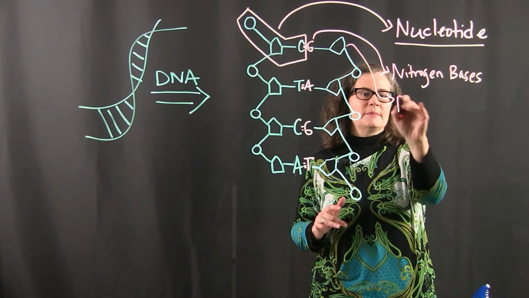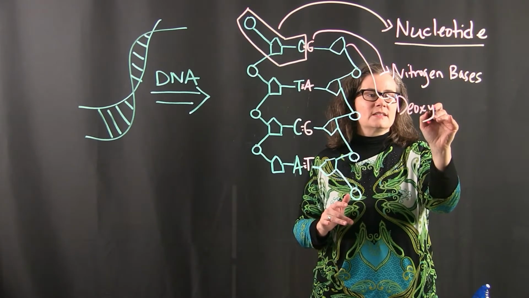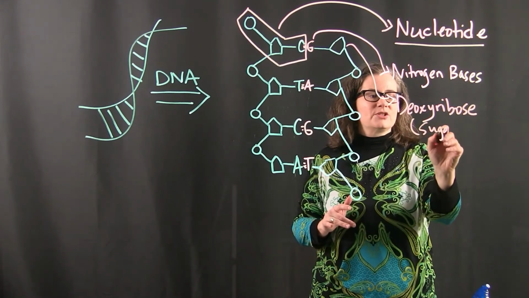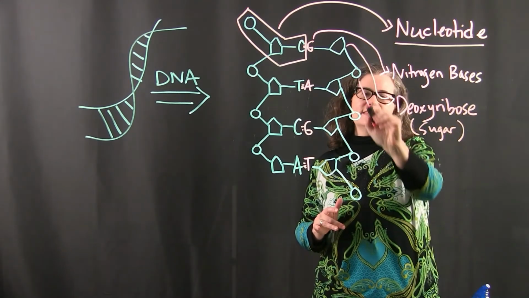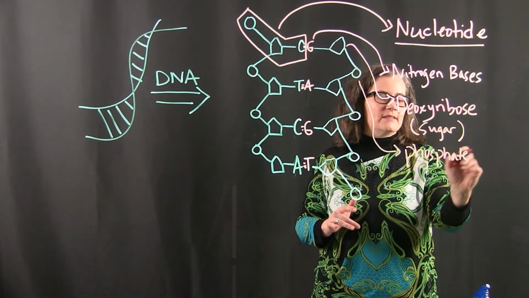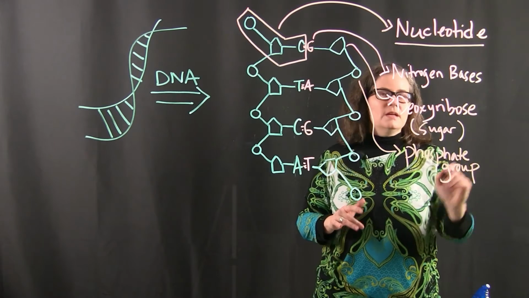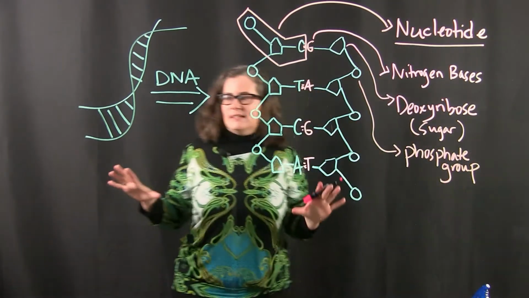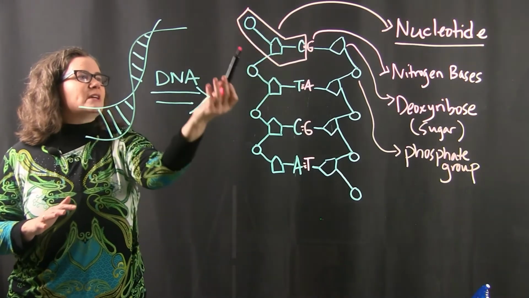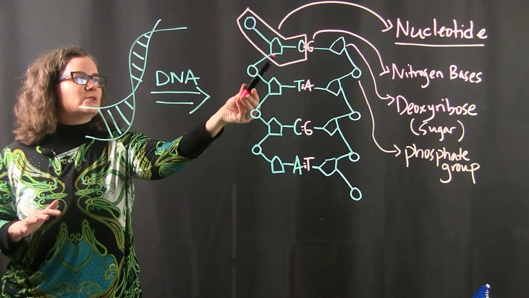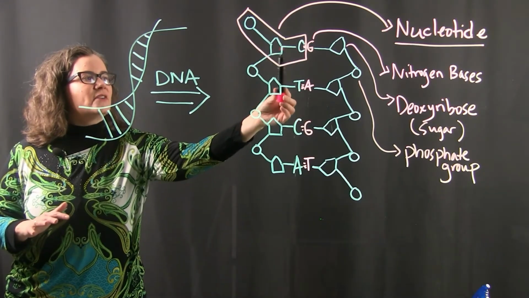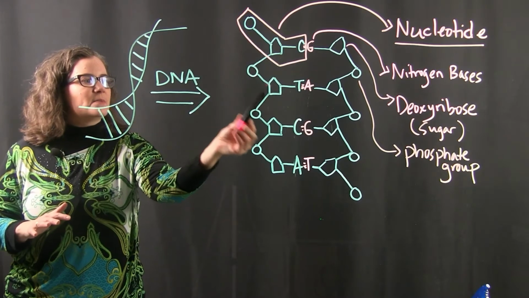So I'll put the whole thing, deoxyribose as your sugar, and in parentheses put sugar down here. And then the circle piece here is a phosphate group. So we can go ahead and label that. That is a phosphate group. So what I want you to be able to label as far as DNA goes, I want you to be able to label this nucleotide. I want you to label the pieces, so the phosphate group, the sugar, and the nitrogen base. Notice that the nitrogen base links off of the sugar,